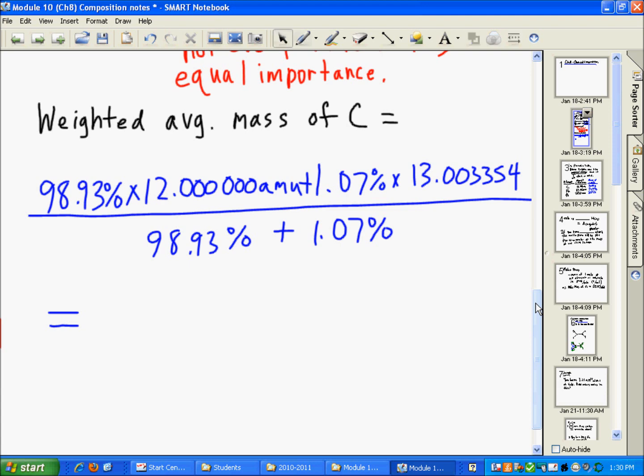1,187 doesn't sound right to me. Probably should try that again. So it should be 98.93 times 12 plus... Do I put in all the zeros? You don't need to put in all the zeros on the 12. Plus 1.07 times 13.003354, and then do an equals. Now divide by 100. And what do you get? 12.01. That sounds better to me. 12.01